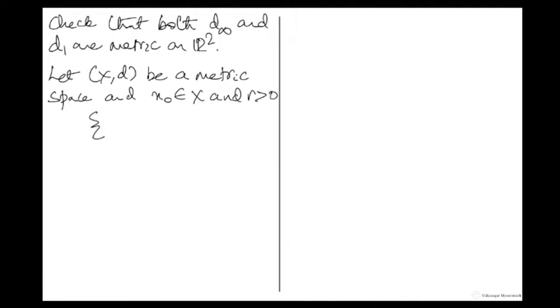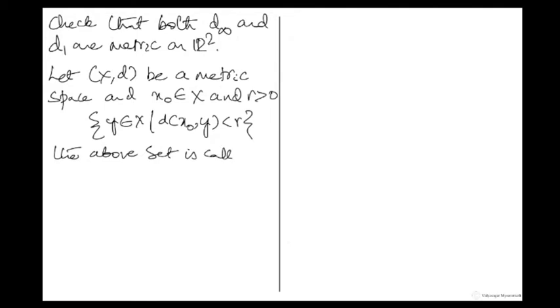The set of all points y in X whose distance from x0 is less than r. This set, what is this set? This is the set of all points of X such that the distance between x0 and y is less than r. D, the distance, is the metric that we are considering. This set, the above set,